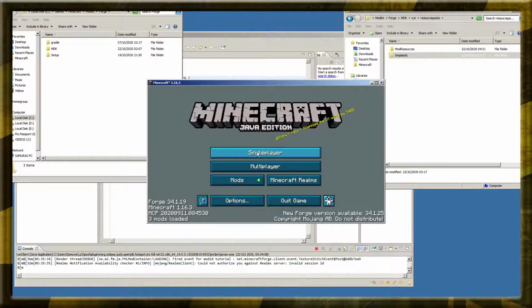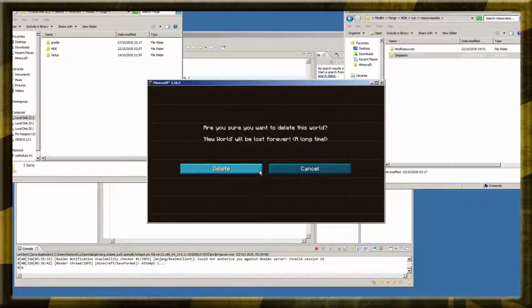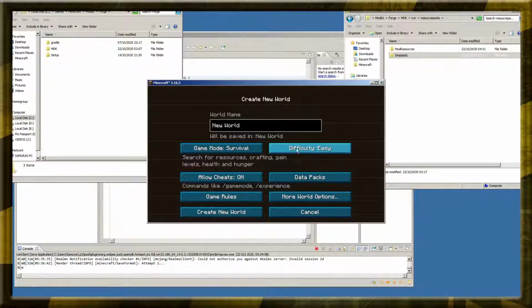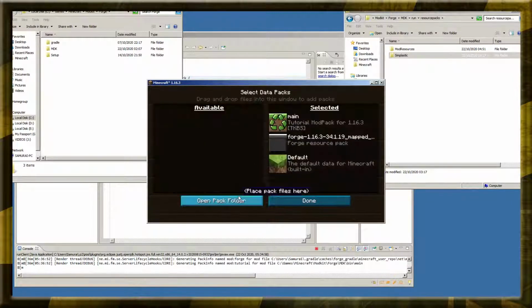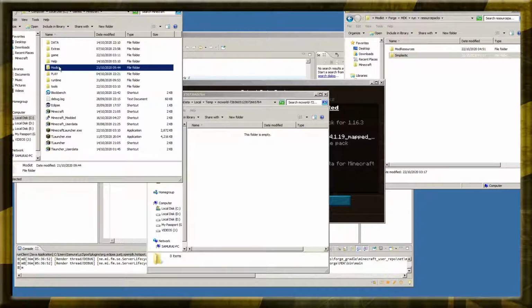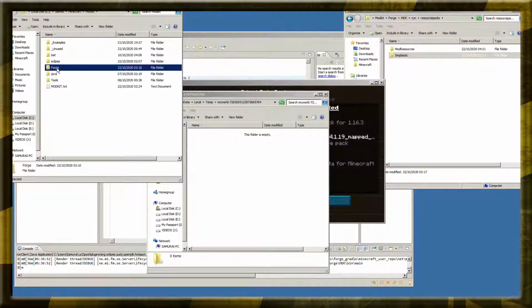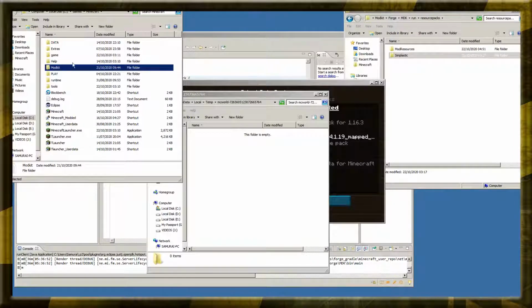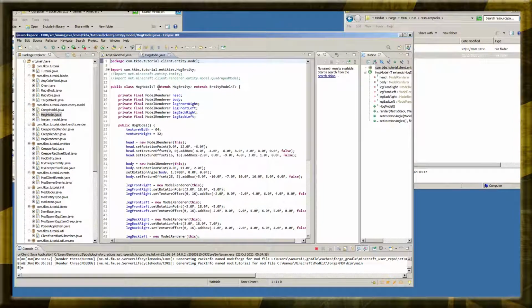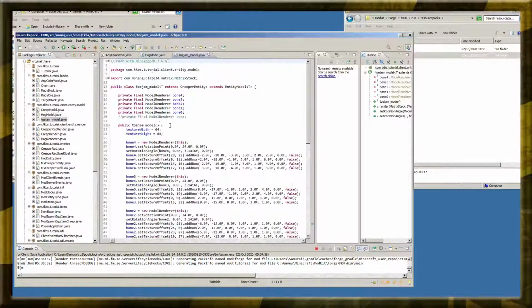What do we need? A single player. I'm going to delete that. Put cheats on. Put the bonus world on. I'm going to change the data pack, and this is probably just one of the most simple things at the end of the mod to do, which is using a data pack to add your custom entity, which in my case is the hog, which was provided from the previous tutorial, a custom model ToeJam, which I've included based on the ToeJam and Earl game,